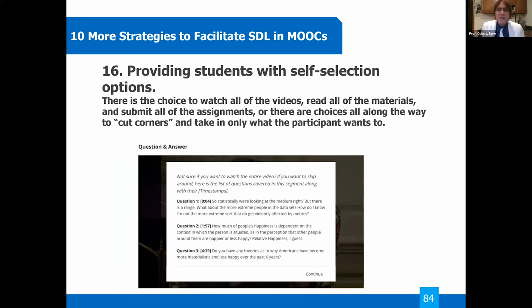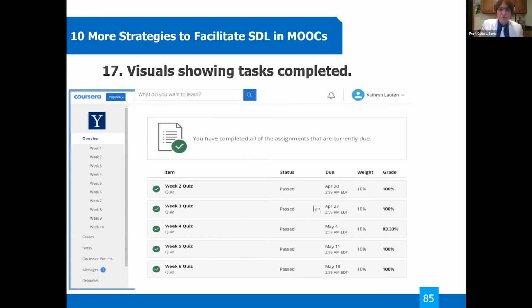Providing learners with self-selection options, she does this too. You can choose option A, option B, option C, question 1, question 2, question 3. You can read all the materials, you can have choices on the material, you can cut corners if you know it already. If you're already a happy person, cut the corners. She does all this to kind of gear towards controlling the learning environment, personal control, intrinsic control, and having, you know, kind of Deci and Ryan, intrinsic motivation.